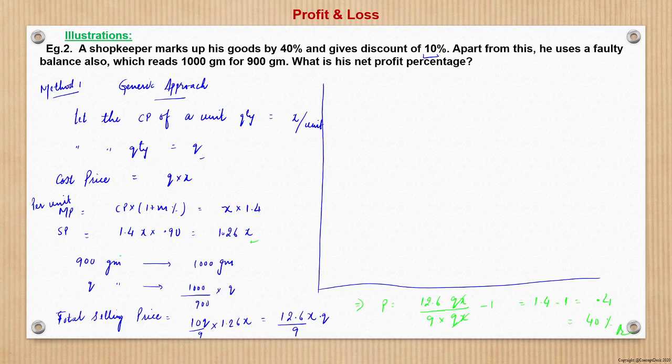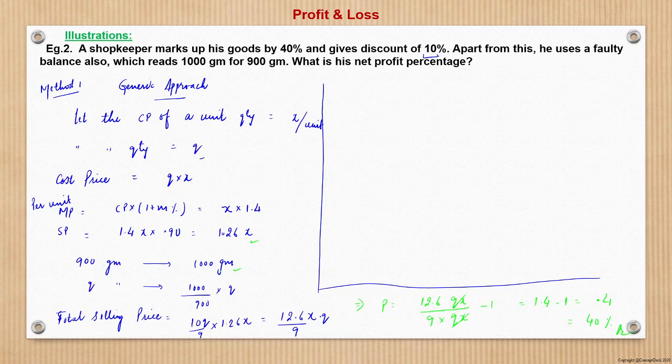Now, while selling, he uses a 900 gram balance. So now what happens? That balance shows 900 gram as 1 kg. So the customer will be paying for 1 kg, because this is the weight which is shown to him. The customer knows that he is getting 1000 grams, so he will pay for 1000 grams at a rate of x, so 1000x. However, in actual, it only weighs 900 gram.